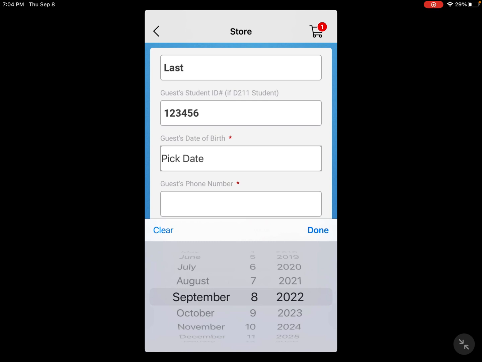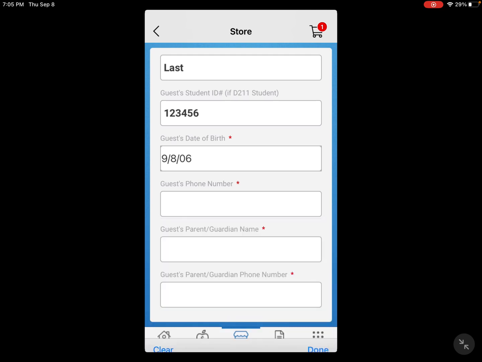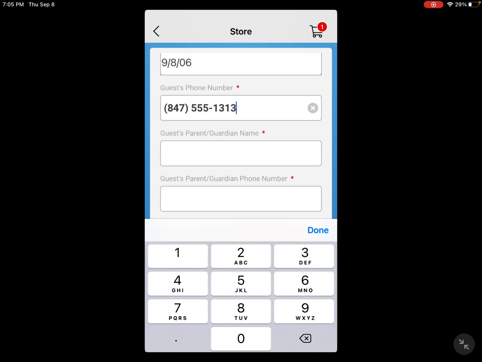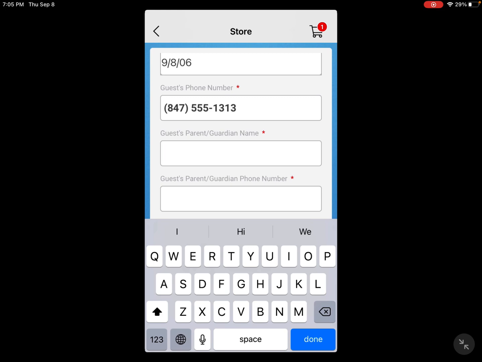Their date of birth, just to confirm that they are under 21 years of age and at least of high school age. So junior high students and anybody 21 or older is unfortunately not allowed to be a guest at our homecoming. And then my guest phone number, their parents' names,